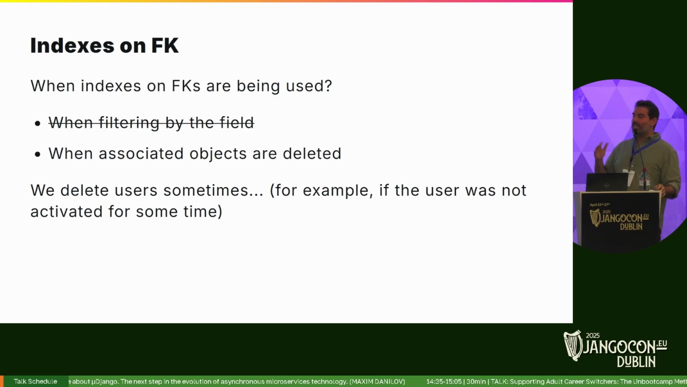The other occasion where a foreign key index is being used is not that obvious, okay? So when you delete related objects, a user, for example, the database in Django needs to make sure that nobody references this user, right? So they would issue queries to check that nobody's referencing this object, okay? So this, what you see right here, is what we call written in blood. And the reason for that is